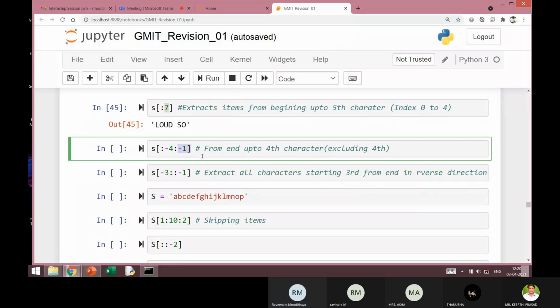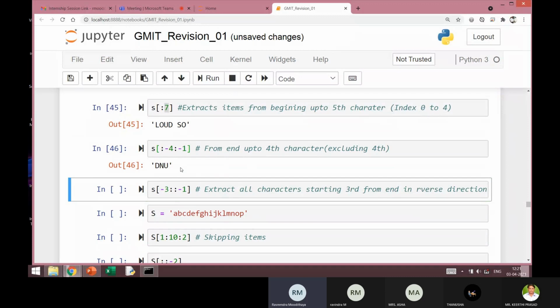When the direction is reverse, the first item in the sequence will have an index of -1. So here the default value is used, which is -1. If it is -1, I need not write it. And end at -4. Here -4 means the fourth character, and it is excluded. So -1 to -4. Let's see the output and come back to this once again.